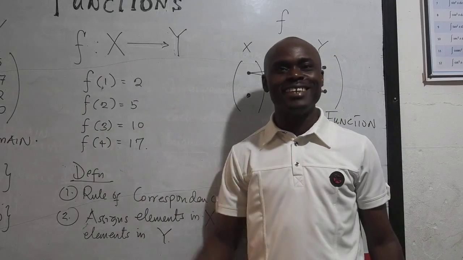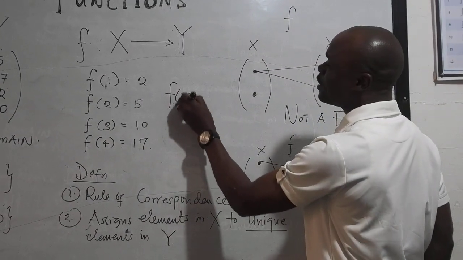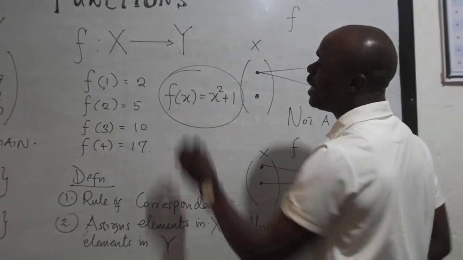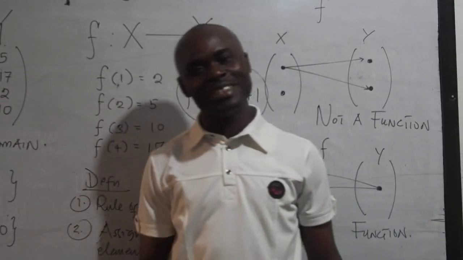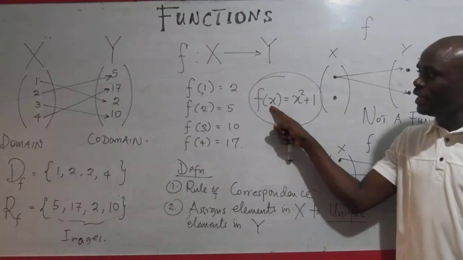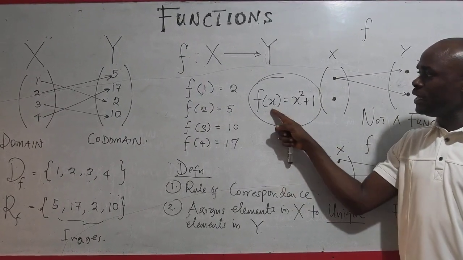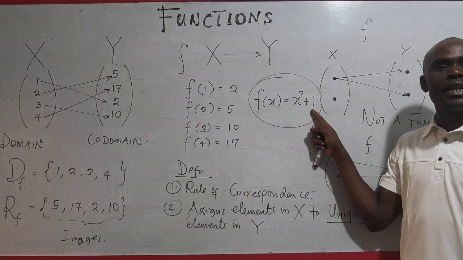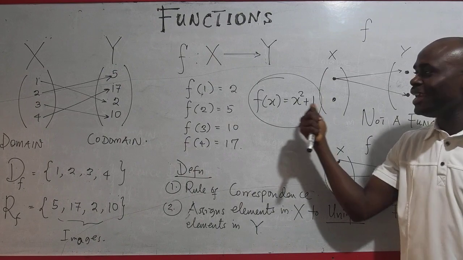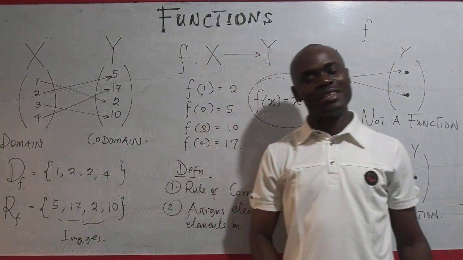But let us see something. What you have said can be written in algebraic form. So this function is actually f of x equals x squared plus 1. What you see here and what you see here are just the same thing. This is the algebraic form. Anytime I put 2 here, this will be 2 squared plus 1, and that gives me 5. If you put 3 here, that will be 3 squared plus 1, which is 9 plus 1, which is 10. So amazingly, this is a function. This is another way of representing the function, and this is another way of representing the function.